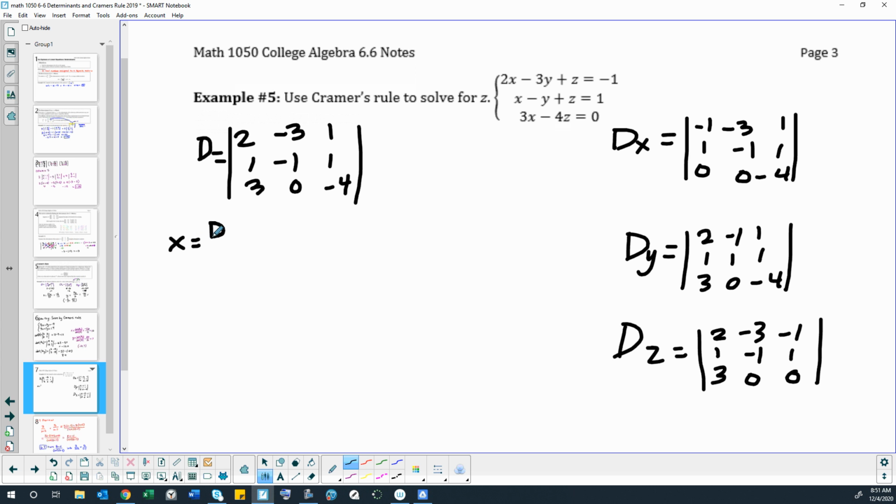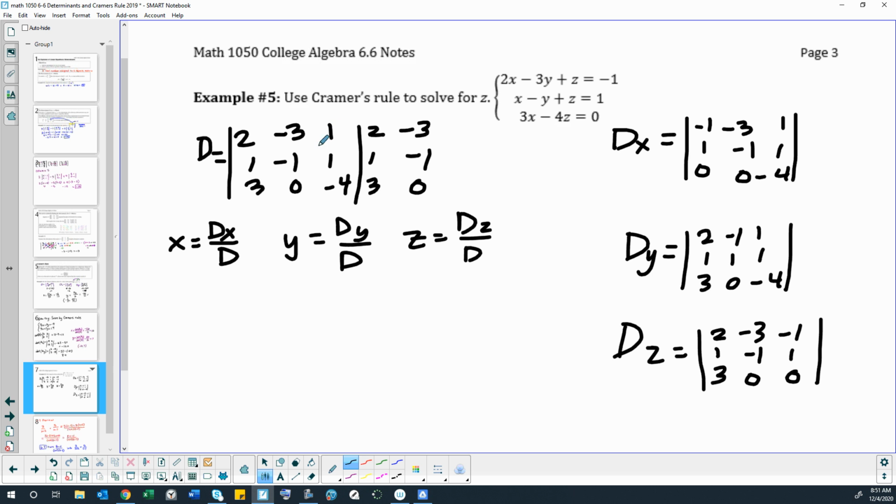So then x would be found by dividing dx divided by d, and y will be dy divided by d, and then z will be dz divided by d, right? So let's go ahead and find a couple of those. Remember, I'm going to repeat my first two columns. I'm doing this determinant the second way that I showed you just recently, so we get to see this again. So I repeat the first two columns, then I go diagonally this way. So this is determinant d,